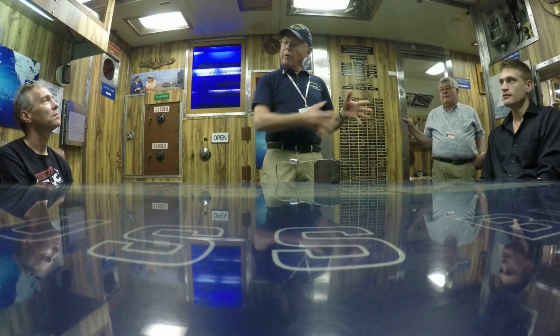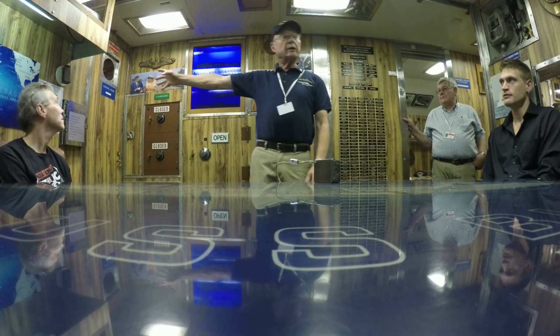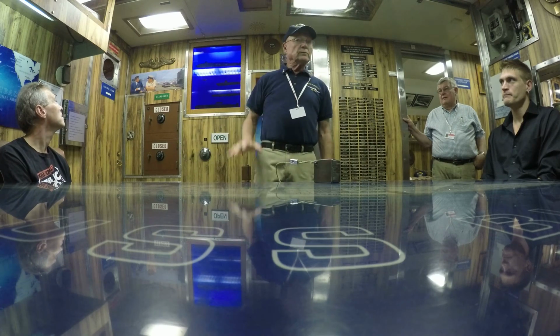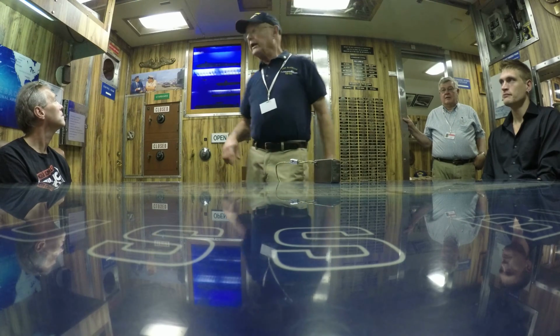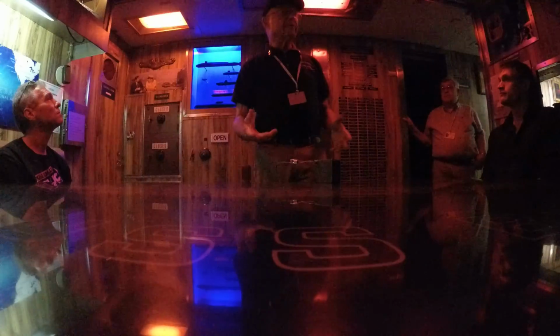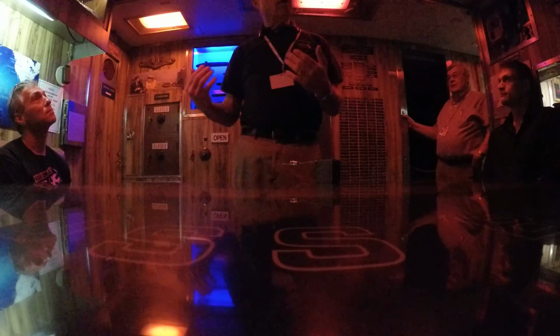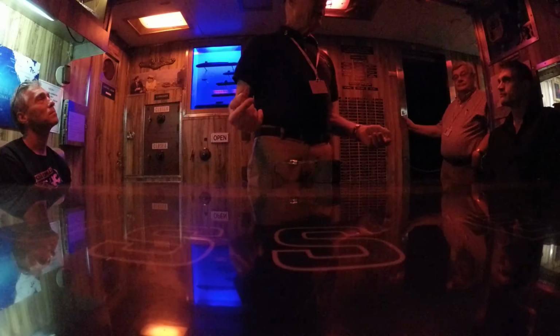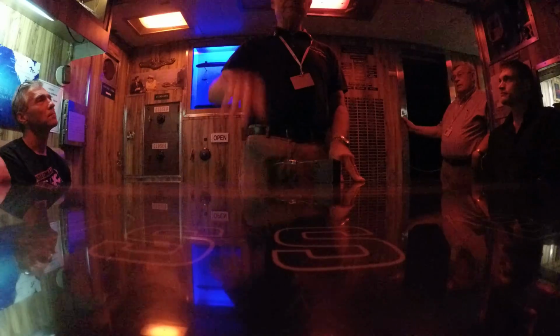Now, the wardroom is connected to control. That was sort of like a nice segue, thank you. It's connected to control, we're all on the same deck, okay? And this deck, because it's connected to the control room, has to be able to, when the sun goes down, be rigged for red light. And we rig for red light so that your eyes become adjusted to the dark. You've gone from a bright sunlit place into a dark room, and it takes you a while to even see anything. Even in the middle of the night when I get up to go to the restroom, it takes me, if there's been bright light,